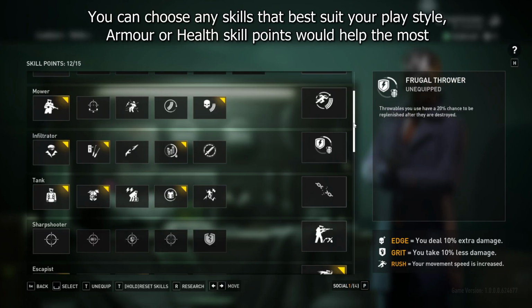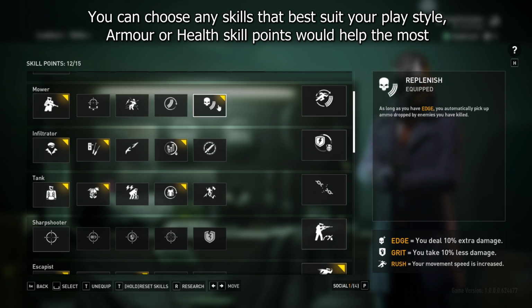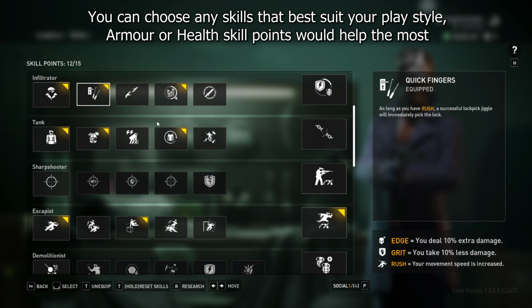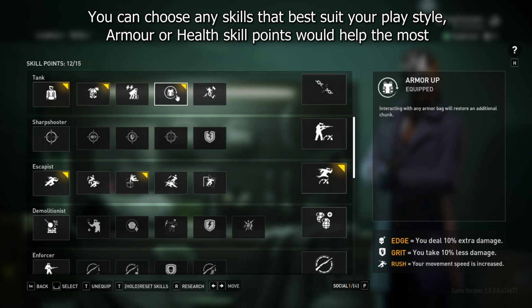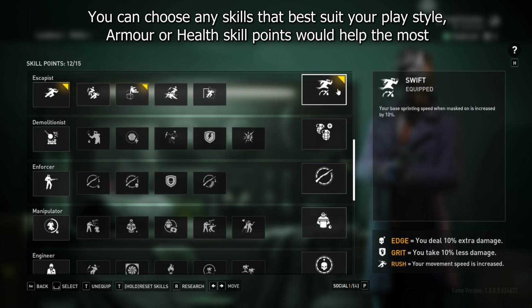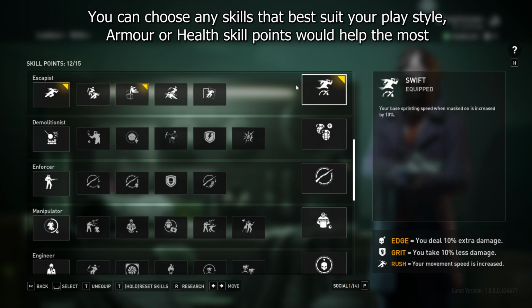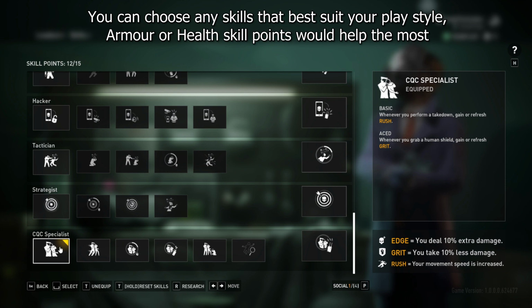And now on to the skills. I've gone more, the first one, and the fifth one. Infiltrator, the first, second, and fourth. Tank, the first, second, and fourth. This is honestly going to help the most. Escapist, the first, third, and last one, as this is going to increase the overall movement speed, which can help at the very end. And lastly, CQC Specialist, which will help when you have a hostage in your arms